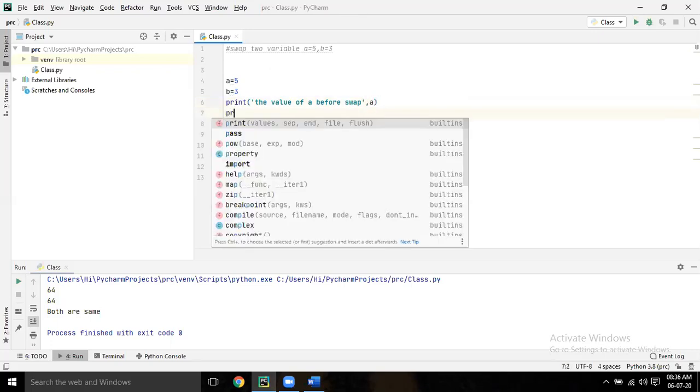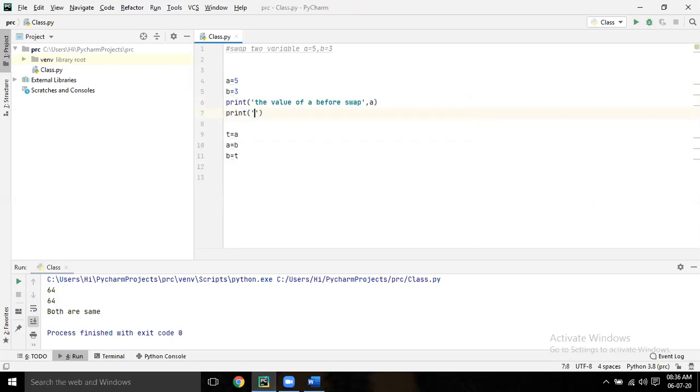Similarly, write the value of B before swap. B.